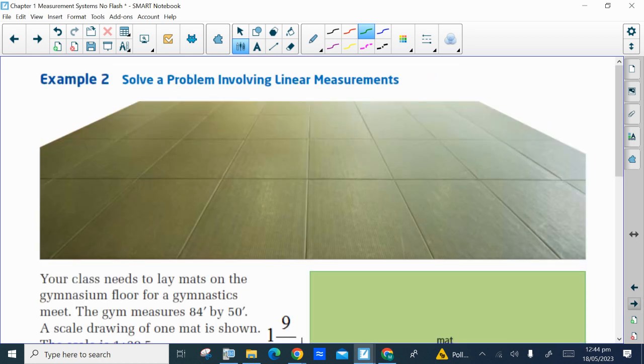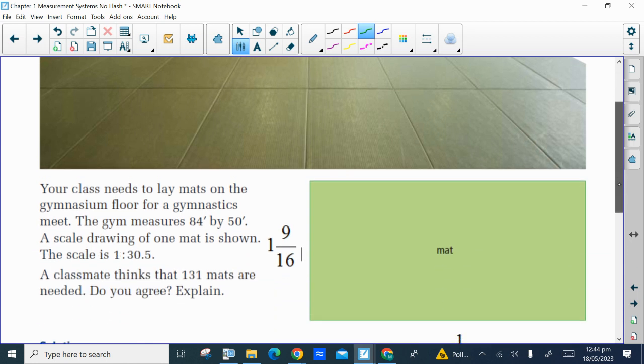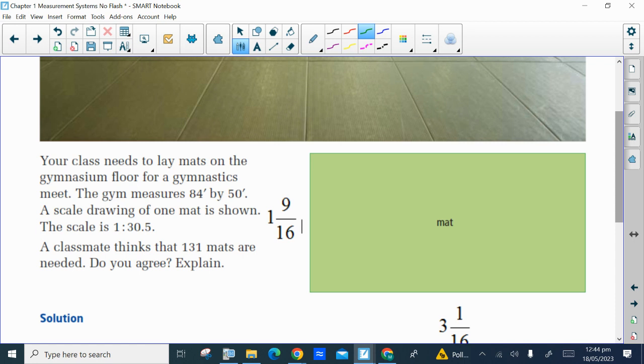Number 2, your class needs to lay mats on the gymnasium floor for a gymnastics meet. The gym floor measures 84 feet by 50 feet. A scale drawing of one mat is shown, and the scale is 1 to 30.5. So that means the actual dimensions of the mat are 30.5 times what these dimensions are of the picture. A classmate thinks that 131 mats are needed. Do you agree? Explain. So we're going to calculate how many mats would be required to cover that gym floor